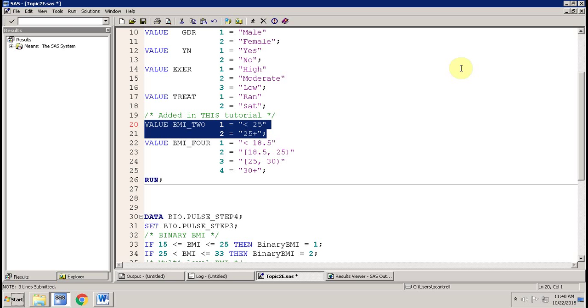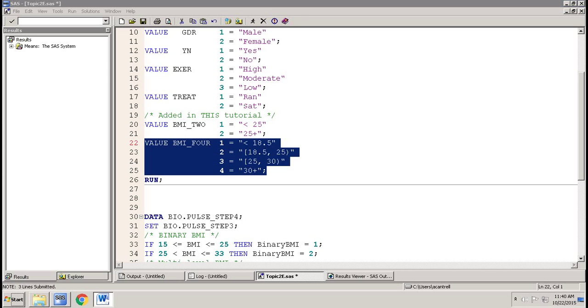In practice, we usually use words to describe groups, but since the project asks you to use numeric ranges, we will do that here. Since SAS doesn't easily allow us to put the greater than or equal symbol, I will use 25 plus to indicate that the 25 is in the upper group. For the 4-level variable, we can use an algebra-style notation to indicate whether endpoints are included or not.